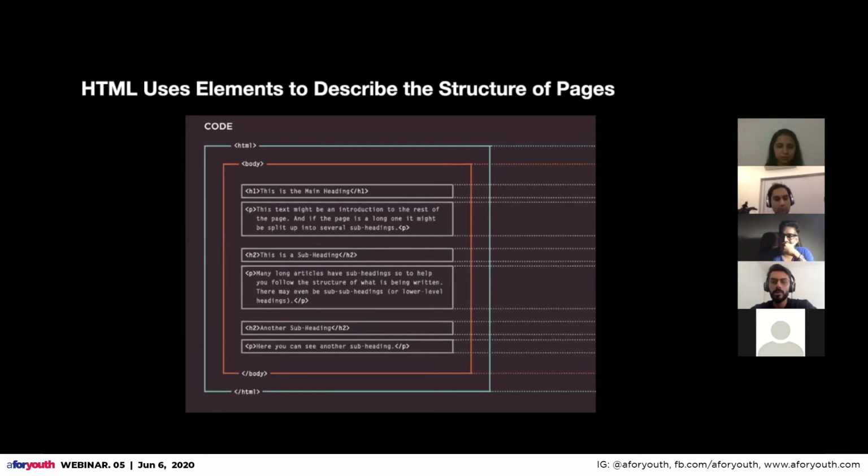So you can take these as squares or rectangles. These tags actually make up a whole container. It has a whole borderline. So no two containers can actually overlap each other. There can be a container within a container, but let's say I cannot take the closing tag of body outside HTML, because then there will be overlapping of these blocks. So a block can only exist within a block. Makes sense?